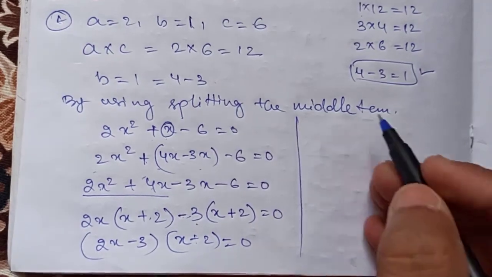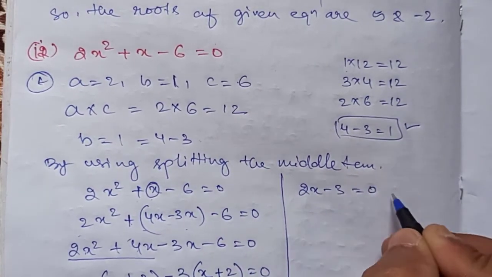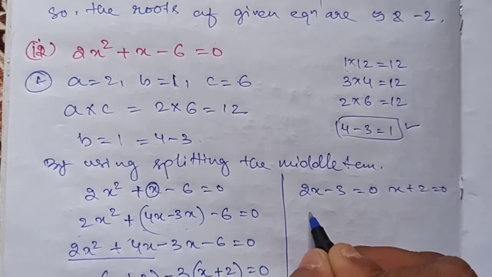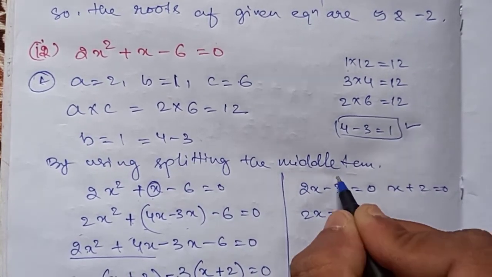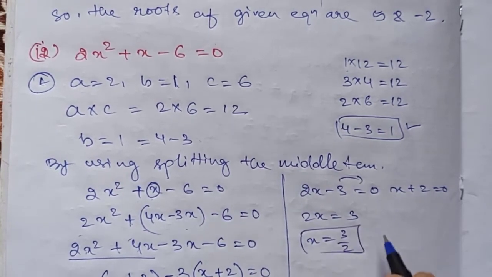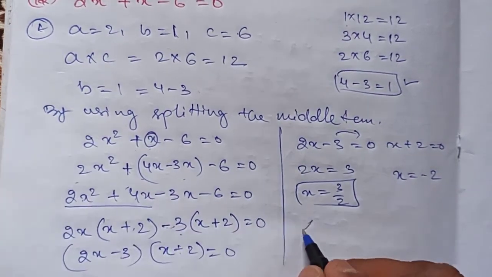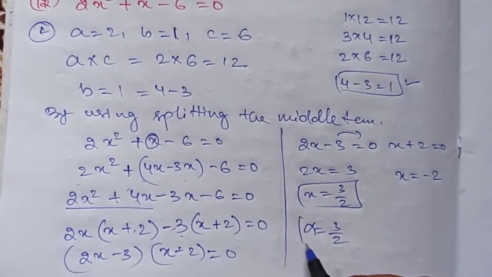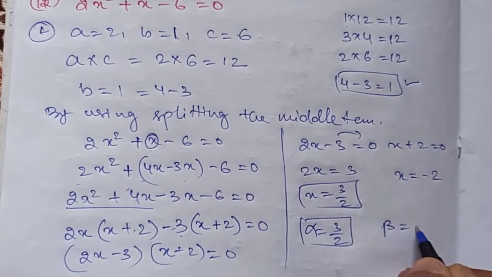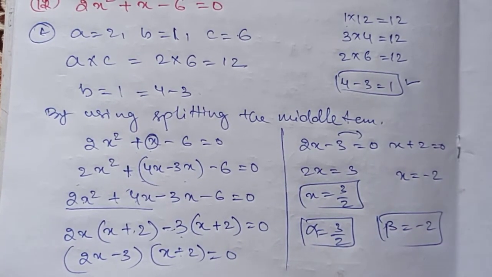Okay. Now 2x minus 3 equals to 0 and x plus 2 equals to 0. 2x equals to 3, take this on that side, x equals to 3 by 2, x equals to minus 2. Okay, so alpha is 3 by 2 and beta is minus 2. Okay, so in this way we can split the middle term and we will get the two roots of the